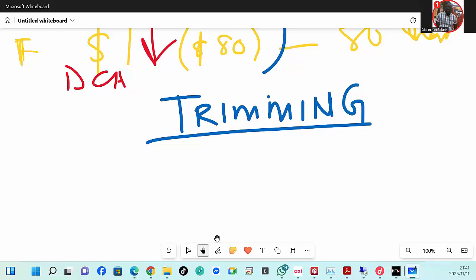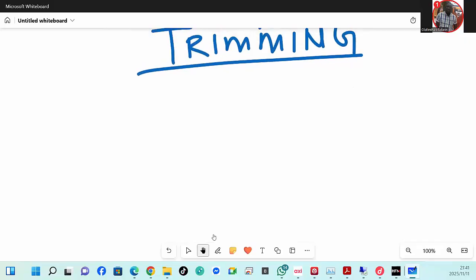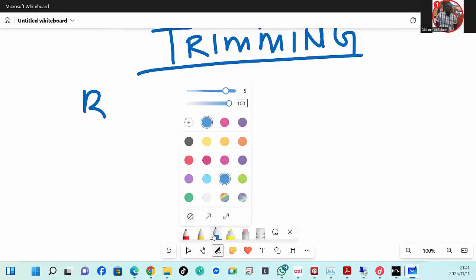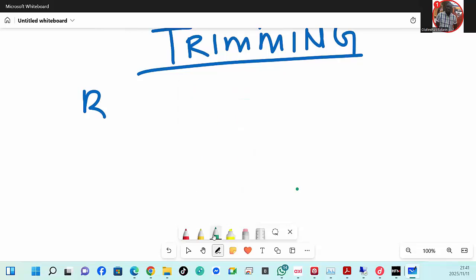For example, many of us have been using trimming even without our beginner class. Okay, let's put it like this. For example, if you're buying, there's a way I should be able to change this column. I don't know. Okay, let me just keep on doing what I'm doing. Okay, yeah, I know there should be a way to change this color.